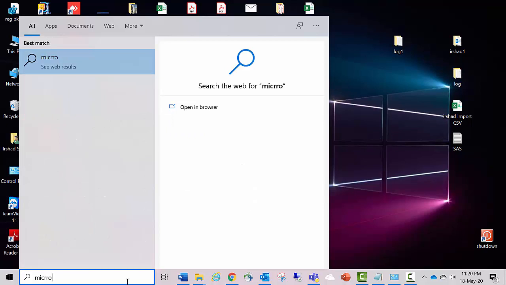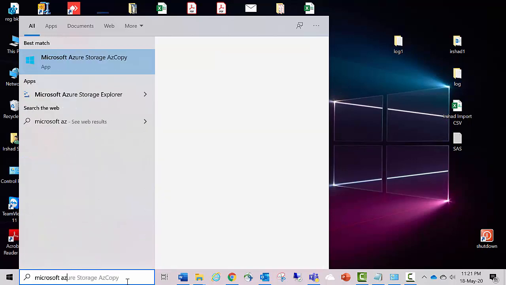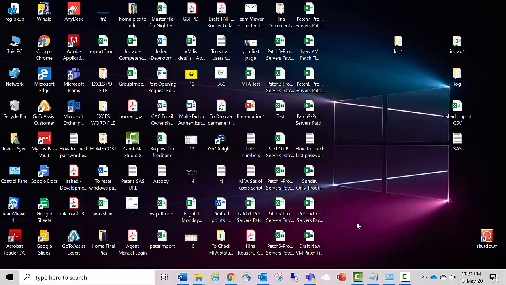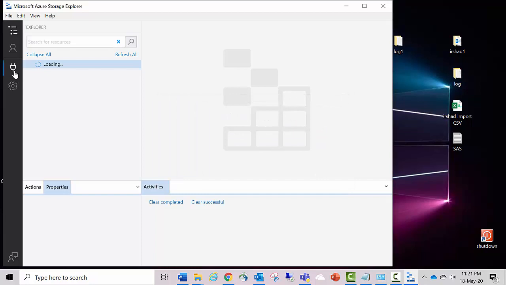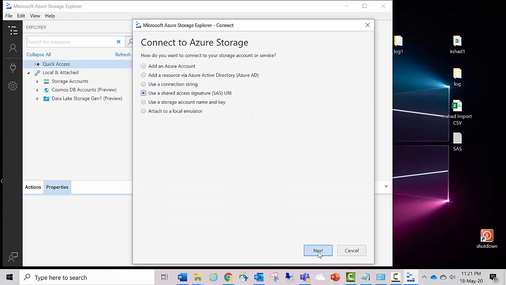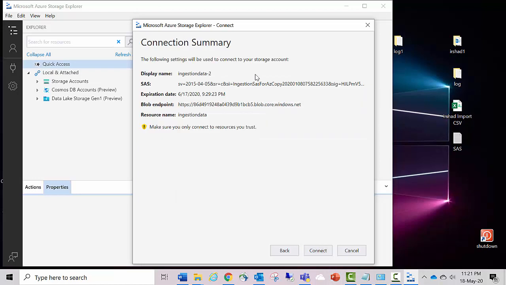For that, you can open Microsoft Azure Storage Explorer, and here you can place the SAS URL to connect with your storage, that is the SAS URL which you have generated recently, and it will ask you to connect. Just connect it.